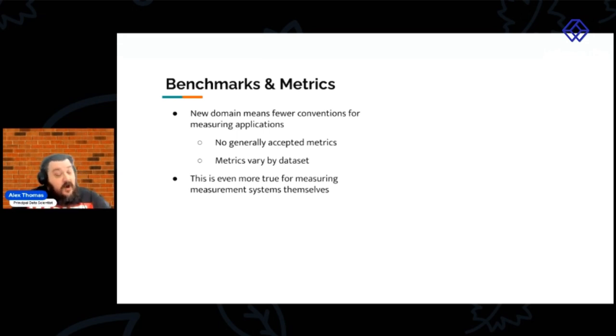summarization. There are such metrics for pre-LLM measurement, but they don't really make sense in modern summarization, because so many of those metrics are also trying to capture this idea of fluency, which LLMs are doing such a great job at. There's really no point in capturing that. You want to capture the factual accuracy. And if this is the case for the measuring of applications, you can imagine how much less there is convention around measuring the measurement systems themselves.